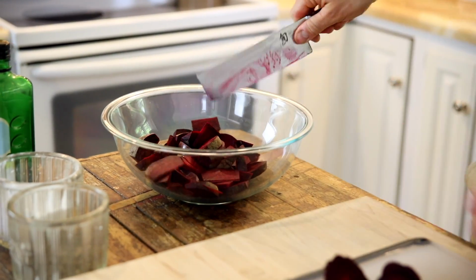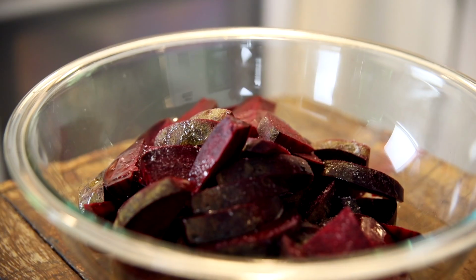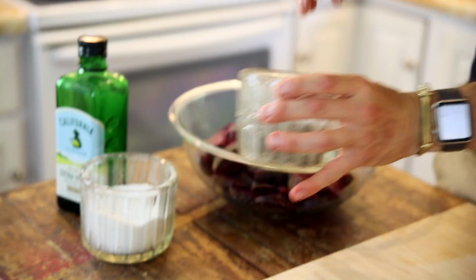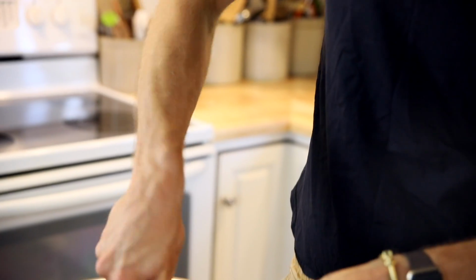Put them right into a large bowl. When you have them all cut up, you can just drizzle on some olive oil and then salt and pepper. Extremely simple. The flavor is gonna come from that grill. Stir it up,